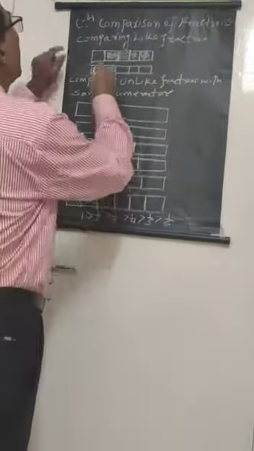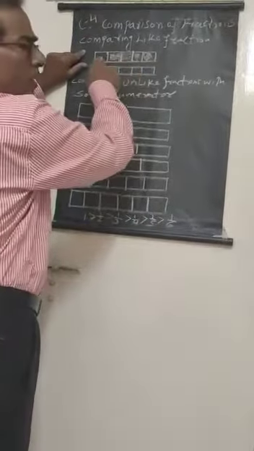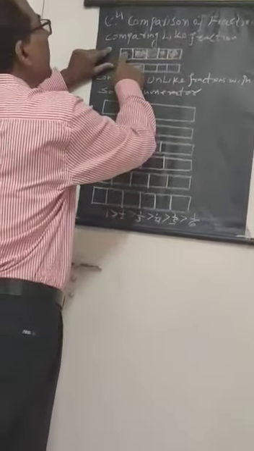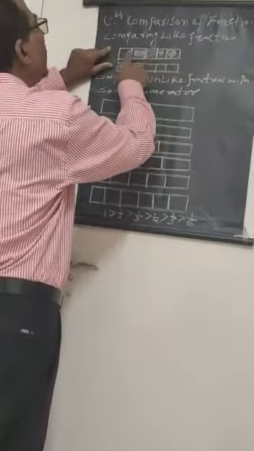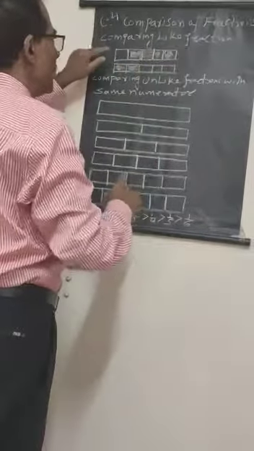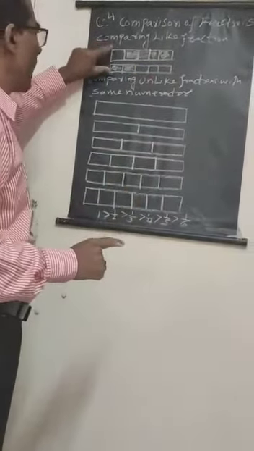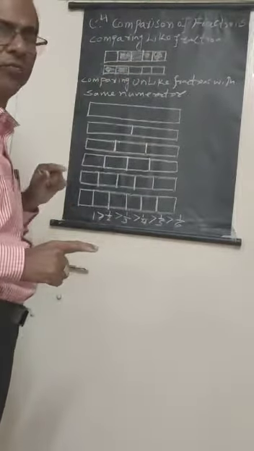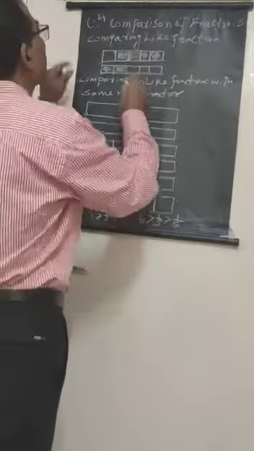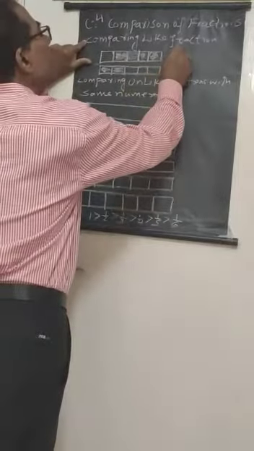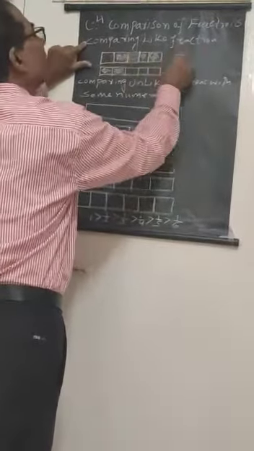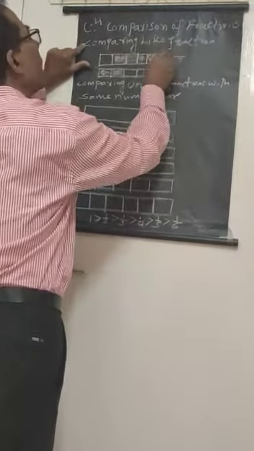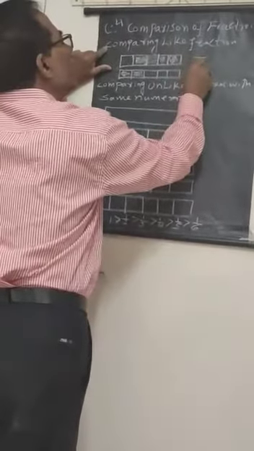So here, just now I told you, one Cadbury bar is there, and it is divided into 1, 2, 3, 4, 5 parts. Here two Cadbury bars are there, and both are divided into 5 parts. When both are divided into 5 parts, the whole number of parts will be written in the denominator. Here 5 parts, here also 5 parts.